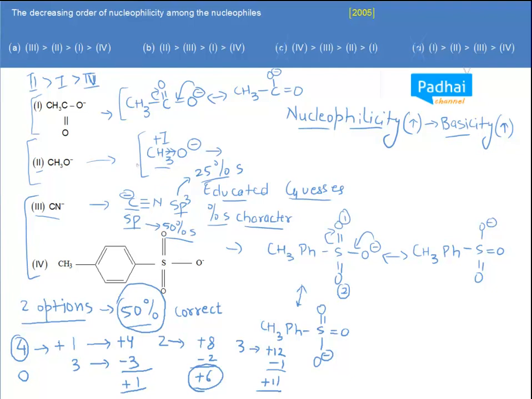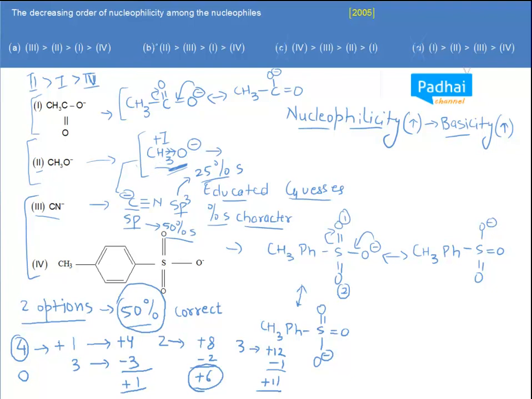So it will become difficult for you to choose between the two effects, because CH3 is giving a plus I effect, increasing electron density, and carbon is electronegative. It might be difficult to choose whether oxygen is more electronegative or sp hybridized carbon is. Although the correct answer is that CH3O minus is more nucleophilic as compared to C triple bond N, just because of the plus I effect. Although sp hybridized carbon is less electronegative than oxygen, due to the plus I effect of CH3, CH3O minus is becoming more nucleophilic, right? So that means